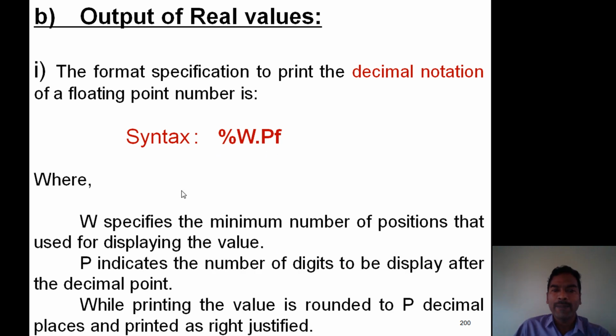Here W specifies the minimum number of positions used to display the value. It refers to the field width specifier. P indicates the number of digits to be displayed after the decimal point. It refers to the number of precision points printed after the decimal point. While printing the value, the result is always right justified and it is rounded to P decimal places.